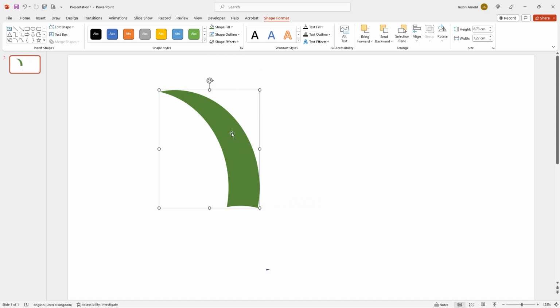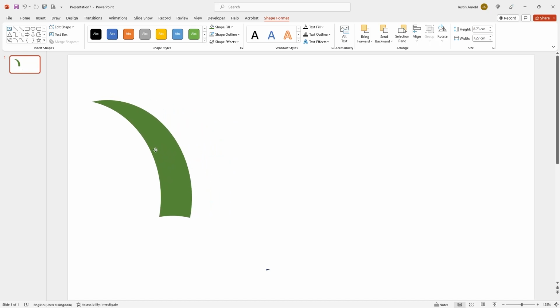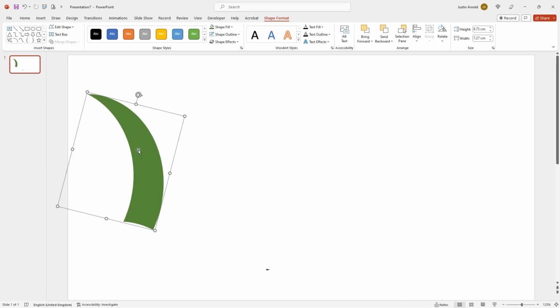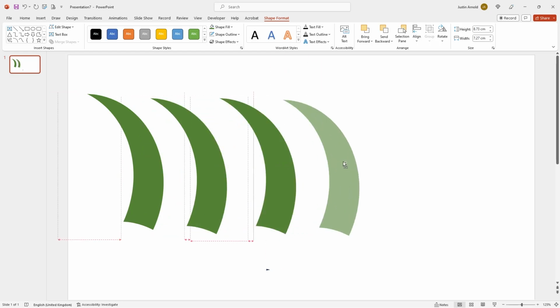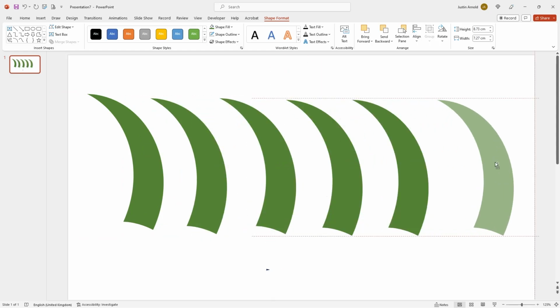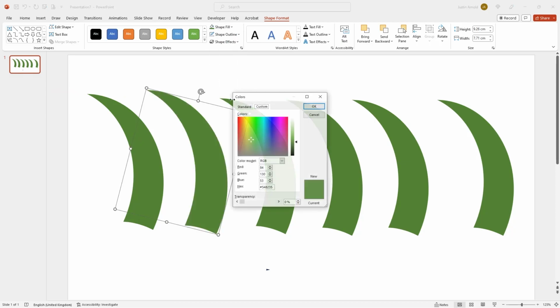So once we've created a single blade of grass, the next step is to start creating little variations of that grass. So what I'm going to do here, I'm going to just rotate that around slightly like that, and then I'm going to hold Control down and just drag and drop a few copies. I'm going to have about 6 blades of grass in total. And then each of these blades of grass I want slightly different, so I can make that one slightly bigger and change the color. So I'm going to go into more fill colors and just make that one a little